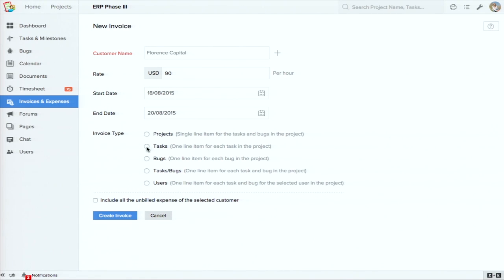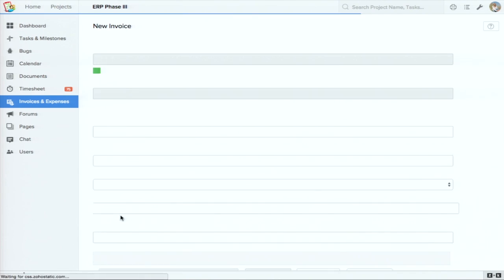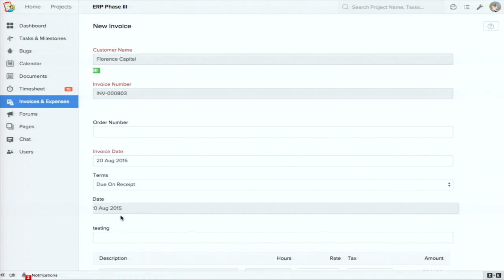And say, I want to create an invoice for all the tasks that I've created and include all the unbilled expense. And say, create an invoice. The form you see here is actually coming from Zoho Books, our accounting software. It's exactly the same integration with Zoho Invoice as well. So what you're doing is you're sending out an invoice right from your project management application without leaving that context.